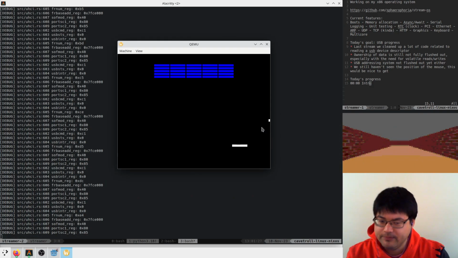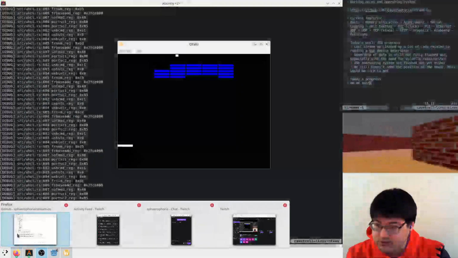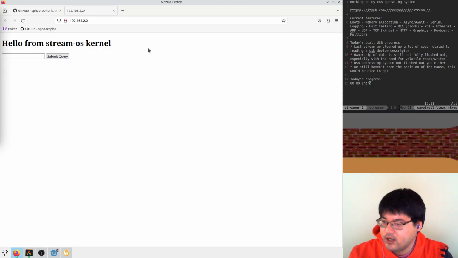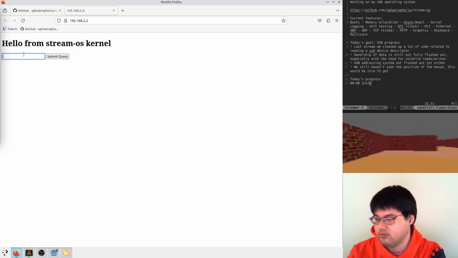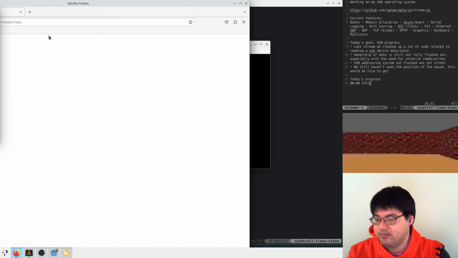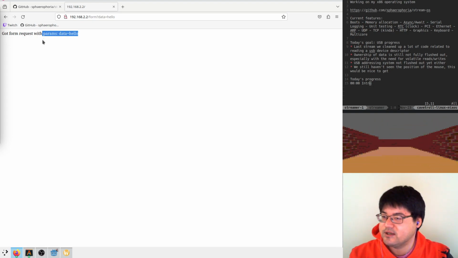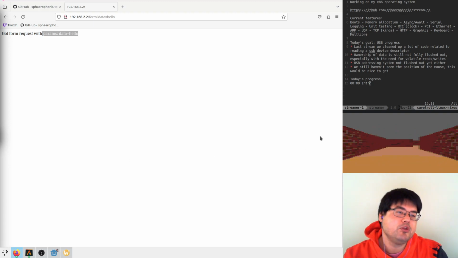We have a little brick breaker demo, as well as an HTTP server that's running. If I look at the IP of the thing, I see "hello from the kernel." We're servicing basic HTTP requests, and I say hello, and I get back something with the data we're receiving. So we've got some sort of HTTP, which requires